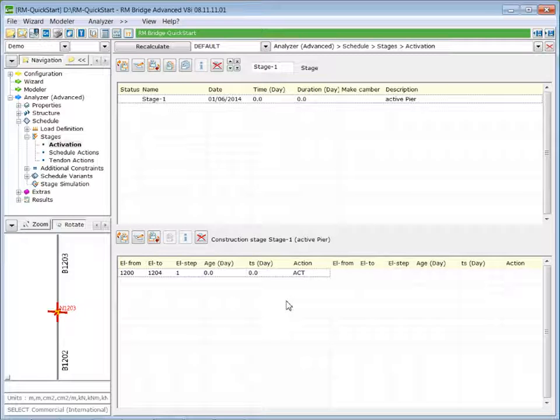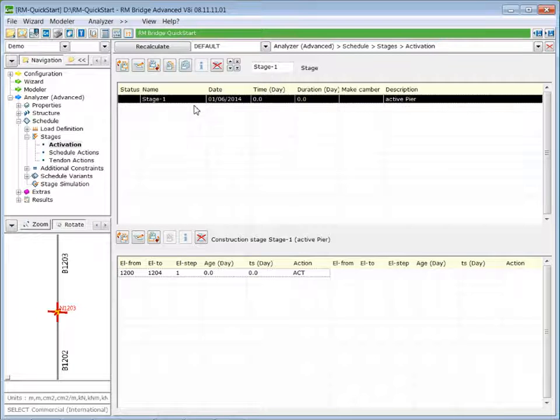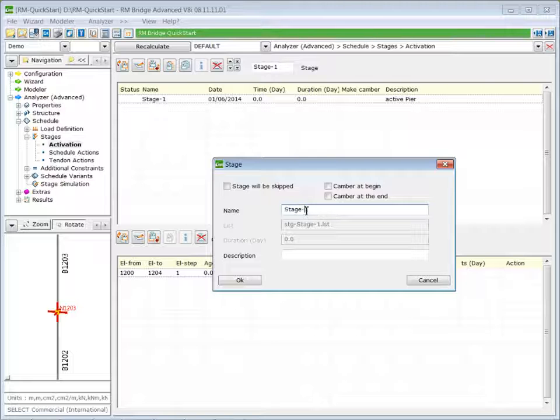Then, in the next construction stage, we activate our main girder. A new construction stage is necessary whenever you change your structure. A new construction stage is also possible to group your schedule actions in a reasonable way. So, we insert a new stage. Let's call it Stage 2. And we give the description active main girder